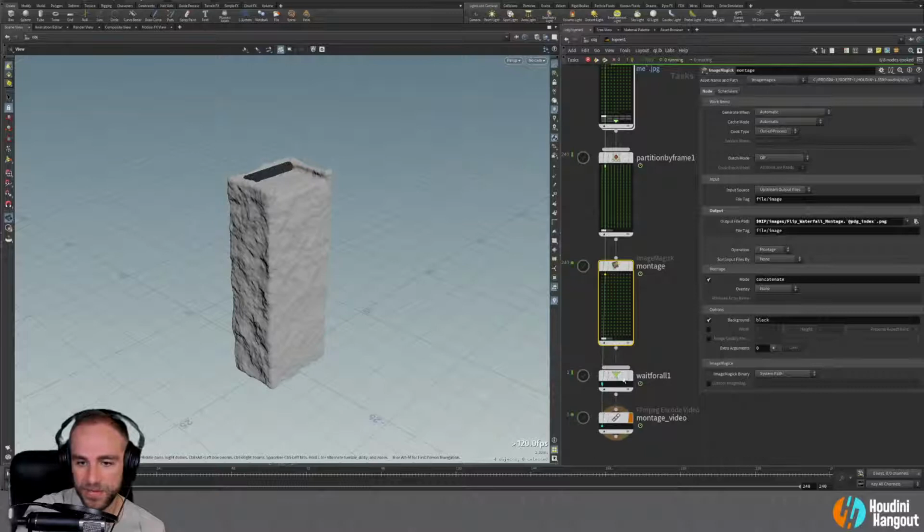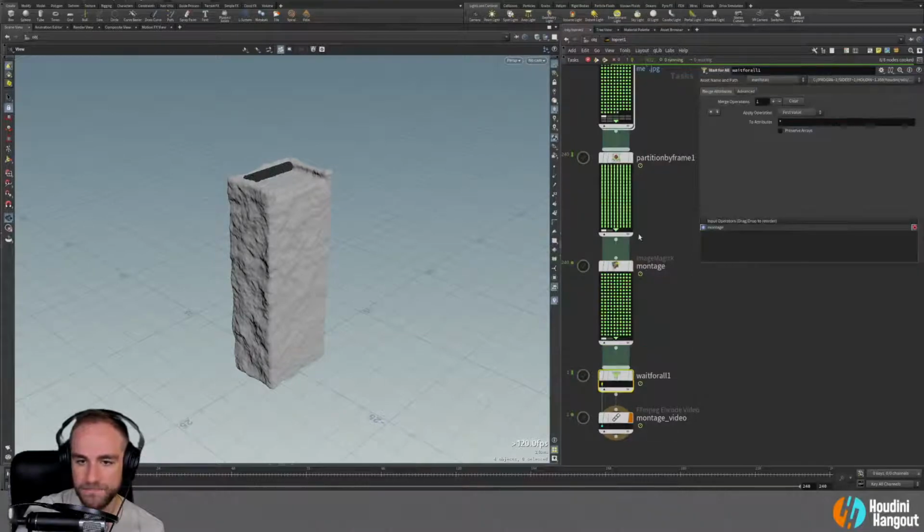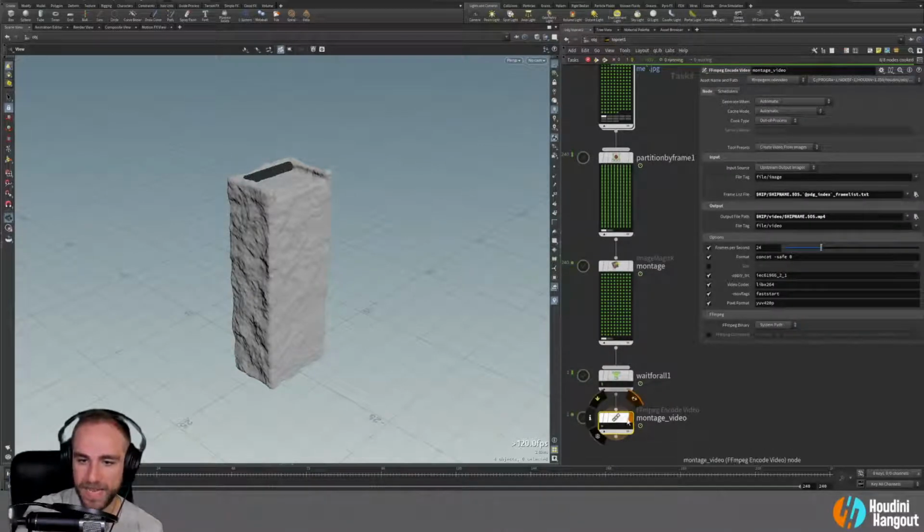At the end of this, you do a wait for all, just because we want to make sure that all of these montaged images are ready to go. Clicking that, we'll click all of them, which was kind of silly. But if we click this, you'll see that this is going to combine all of these images into one work item. It'll feed it into this FFmpeg Encode Video TOP node. And this is basically just going to